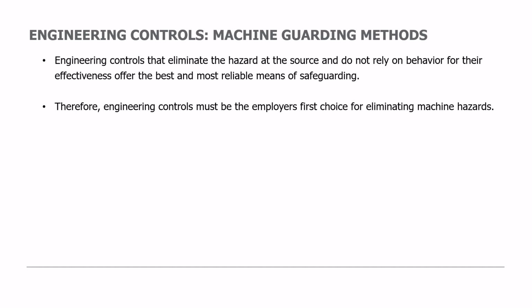Engineering controls that basically eliminate the hazard at the source and do not rely upon behavior for their effectiveness offer the best and the most reliable means of safeguarding. Therefore, engineering controls must be the employer's first choice for eliminating machine hazards. That comes back on the employer. Once again, coming up with equipment, designing it where you use engineering controls as a means of protecting the